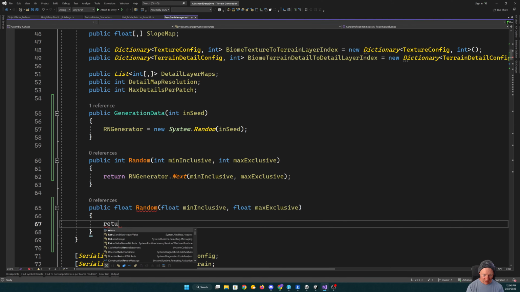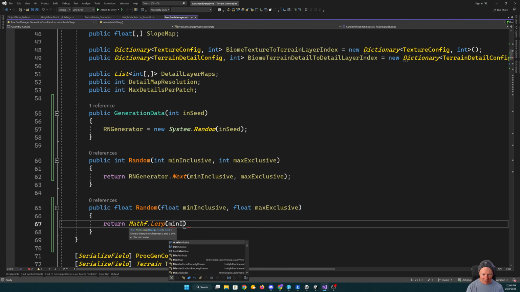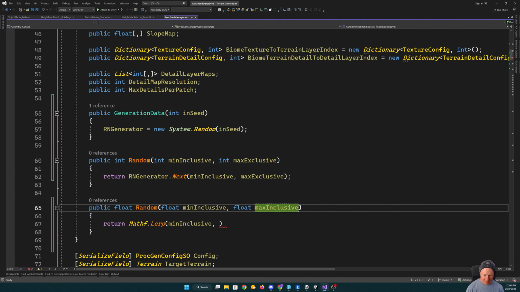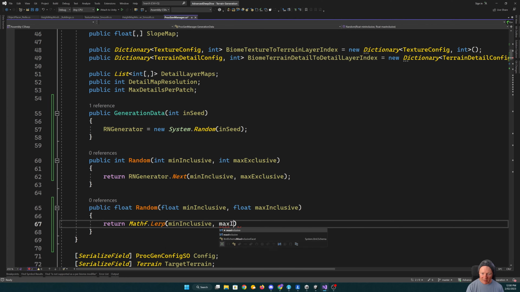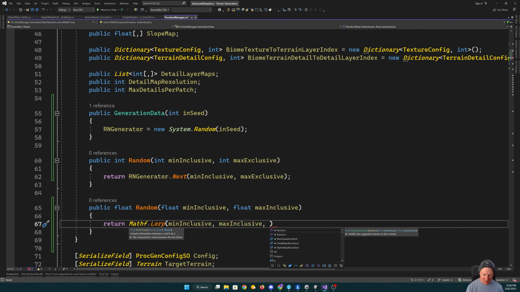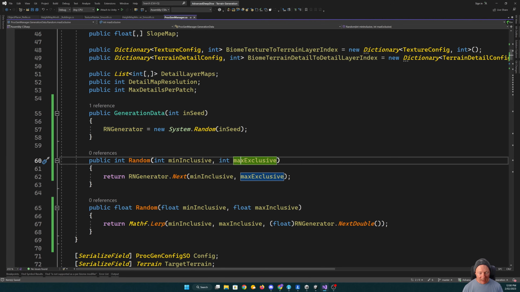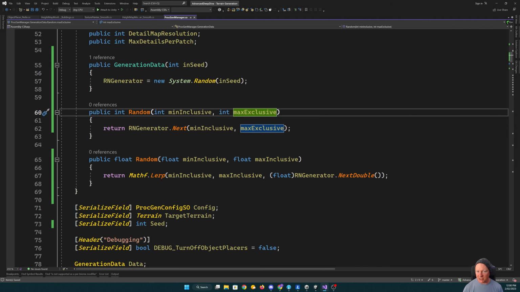So what we do is return a Mathf.Lerp from min, and that actually should be max inclusive, to max inclusive, and we use our RN generator's NextDouble, but we cast that to a float like that. So that gives us a random number generation function that we can now use,